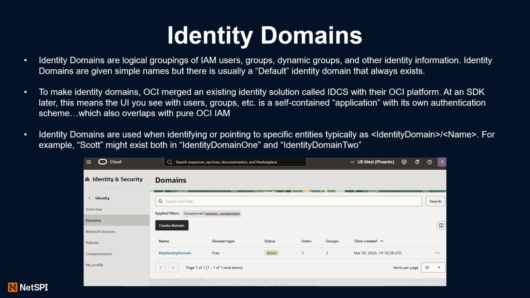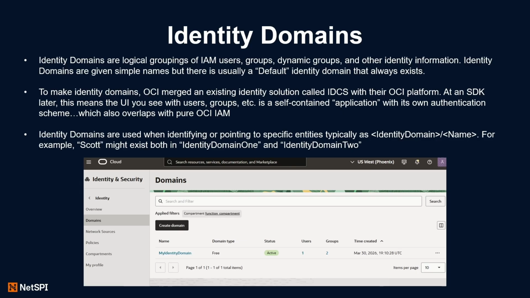In simple words, if you think about it in AWS or GCP, when you create users, there's usually that concept of users and groups, and you can put users in groups. You can set up federated authentication, and you can do a lot of stuff in IAM in either AWS or GCP to create the principals you need or the federation you need. In OCI, they take all the users, groups, credentials, federation, and password policies and bundle them all together in an identity domain. And so you can have multiple identity domains.